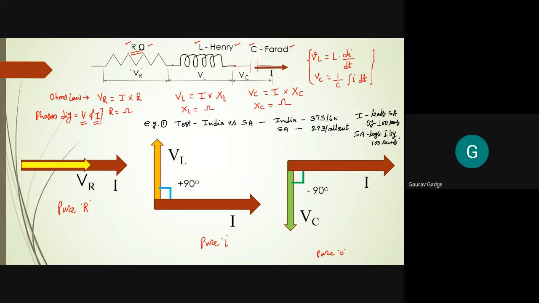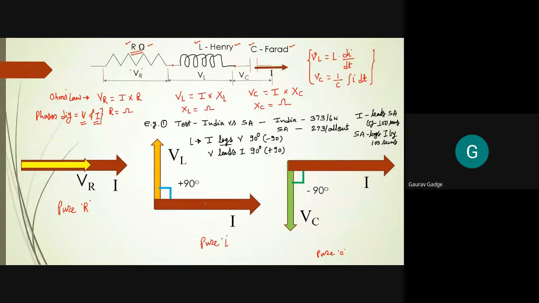Now the same thing we are using here in electrical terms. For a pure inductive load, when we say current lags voltage by 90 degrees, the other way of saying that is voltage leads current by 90 degrees. When we say lag, we have to use minus 90. When we say lead, we have to use plus 90. That is the only difference.